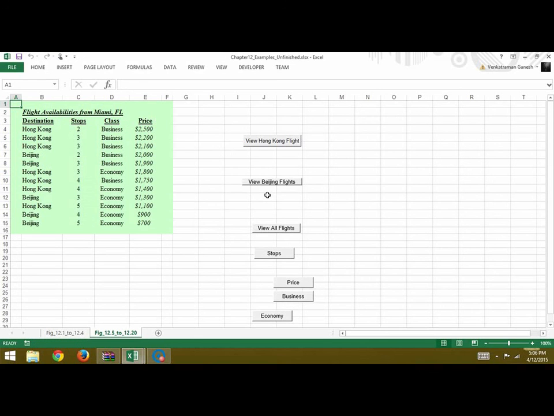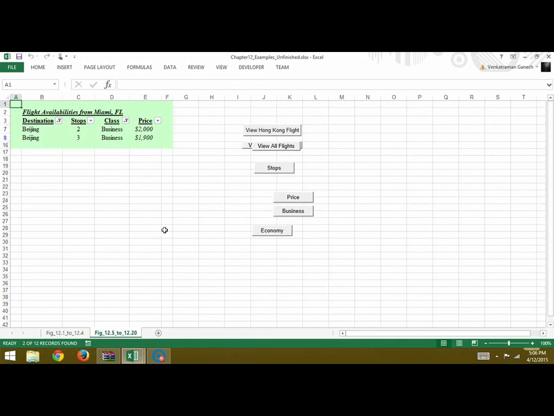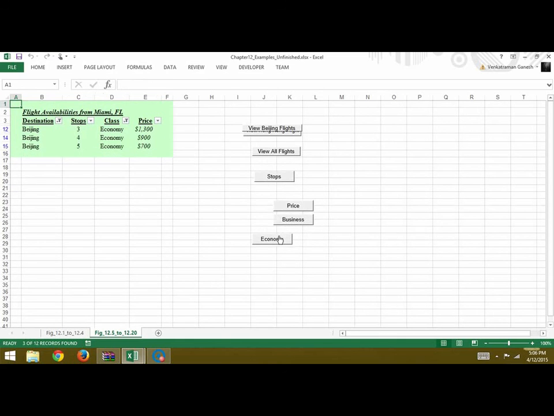You'll view all the flights here. You go on view Beijing flights. And Beijing flights, if you want to get the maximum number of stops, you get all the maximum stops. If you want the maximum price, you get the maximum price. If only you want business class in Beijing, you have two. And for economy, you have